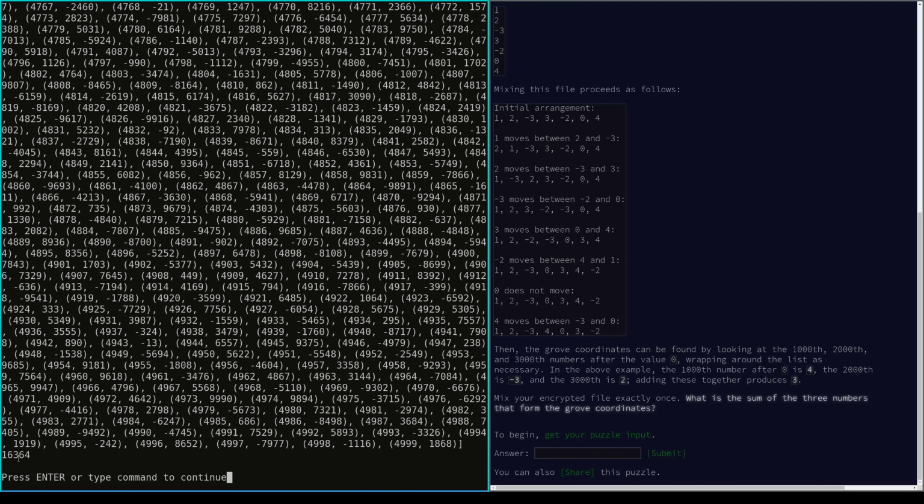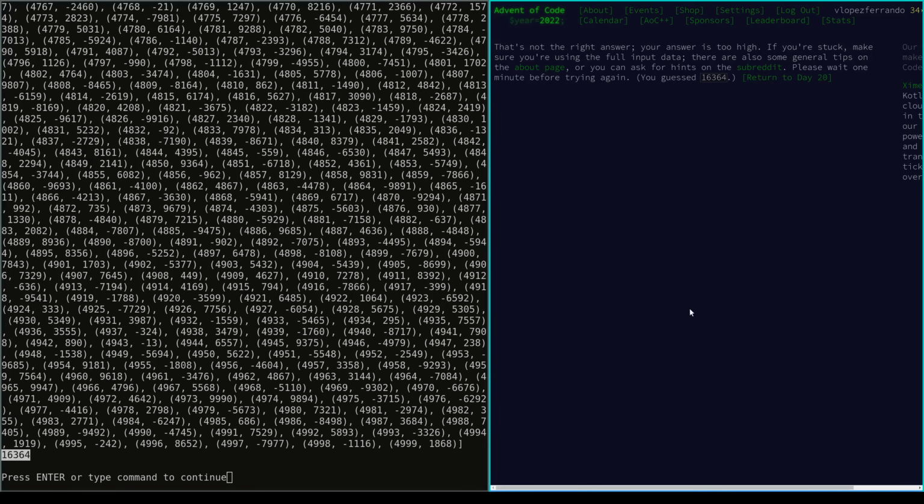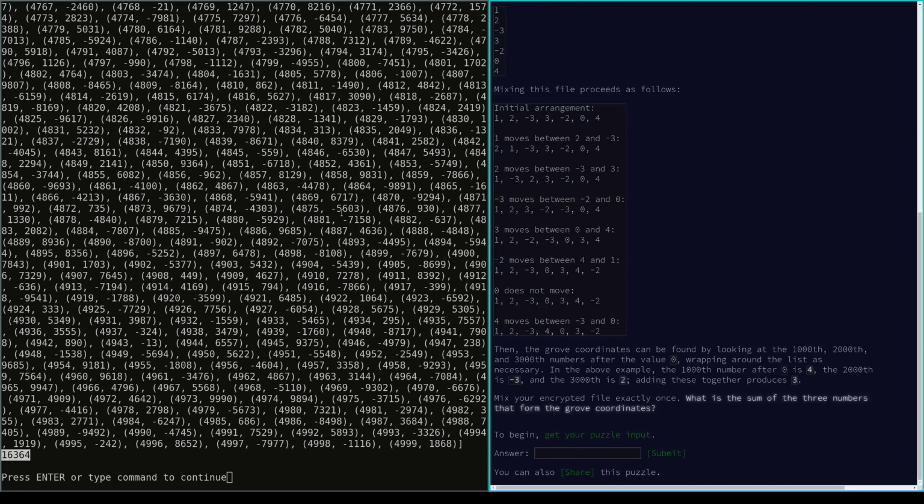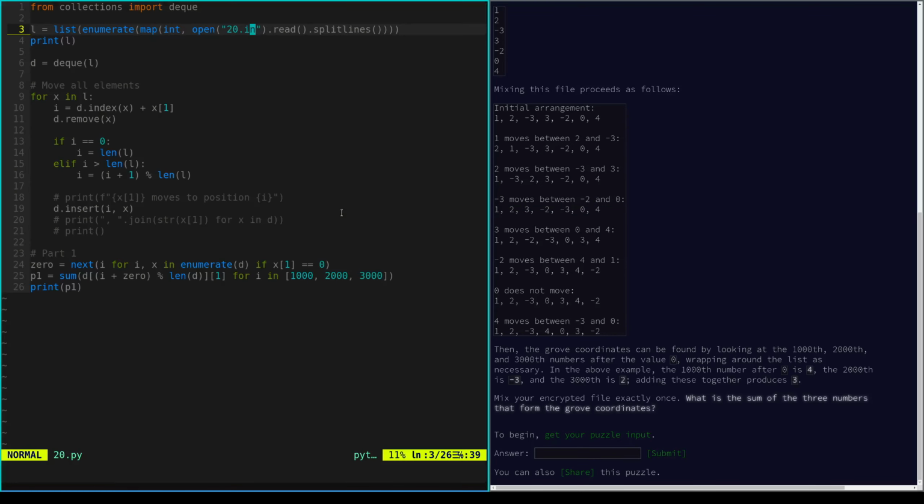So maybe, let's see if this is right. No, too high. So we need to think a little bit more about this. Let's think about this better. The important thing is that 0 stays in the same place. So what we can do,